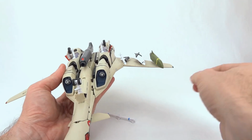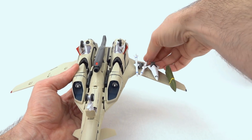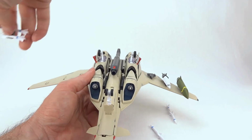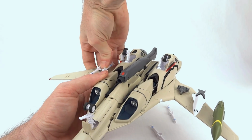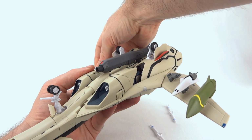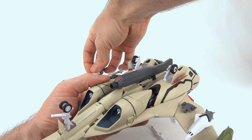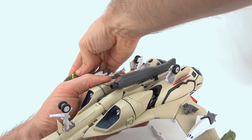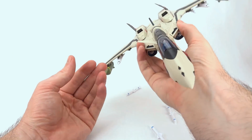So I was a little let down, particularly these longer missiles and how easily they flop off. You can see that one just fell. So that's annoying. Again, do the same thing on the other side. You can also see as I do this that the wings for high speed mode are very weak. They are folding out just as I try to put missiles on. So here we go. Now we've got a somewhat loaded up, because those missiles fell off,